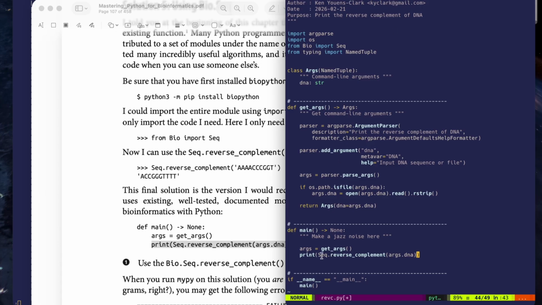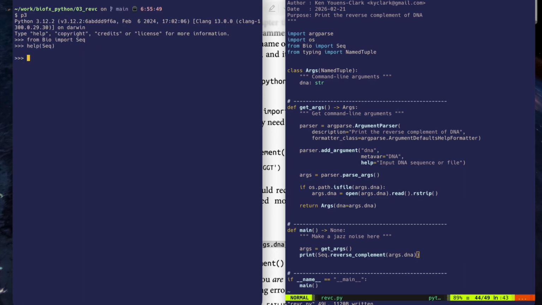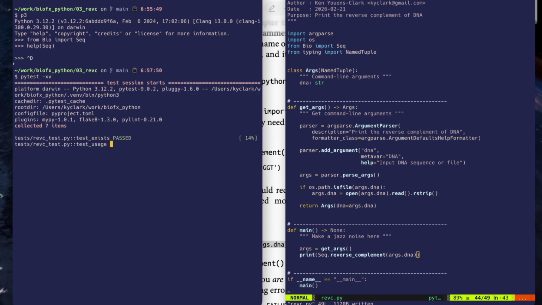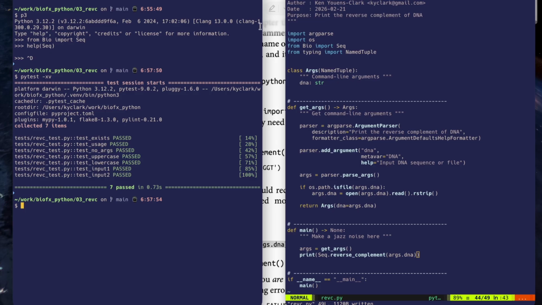Using the Seq class, call the reverse complement function, pass it args.dna. Does that work? Drum roll, please. pytest -xv. That also works, and that is clearly the fewest lines of code that we've had to write, and the huge